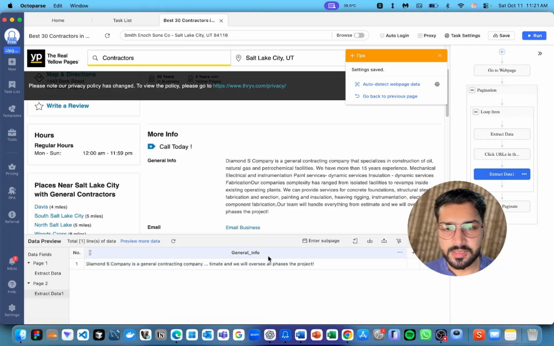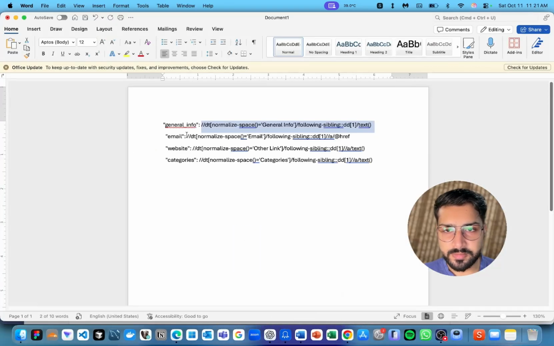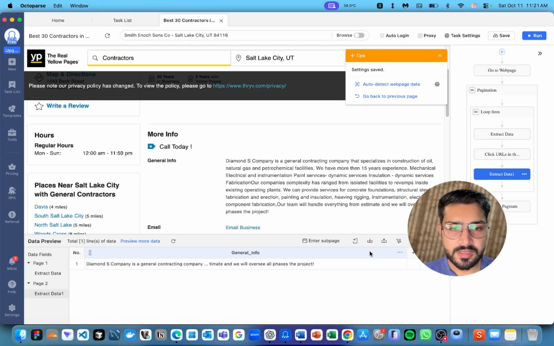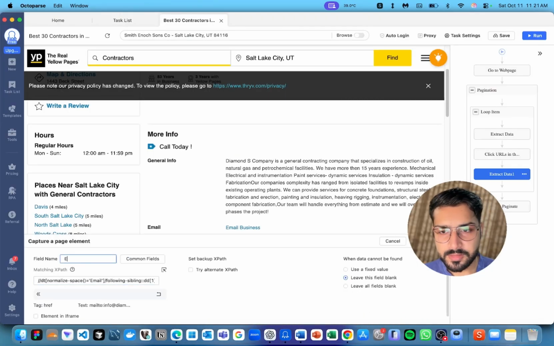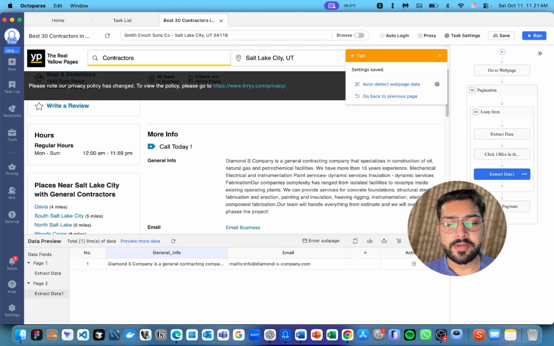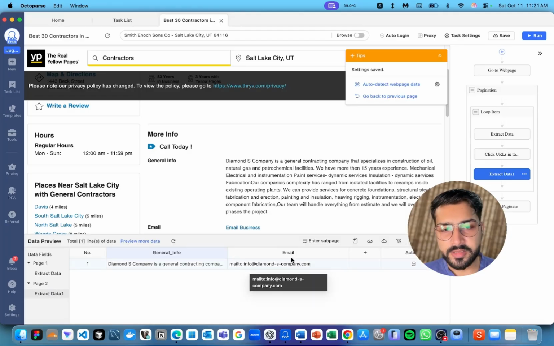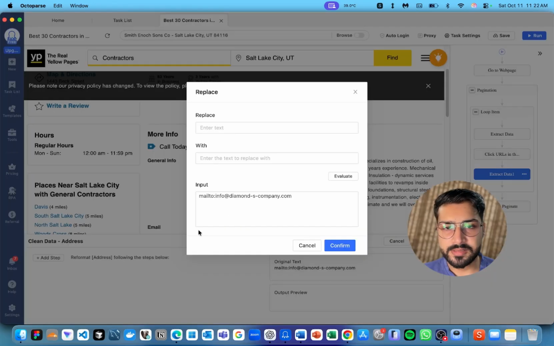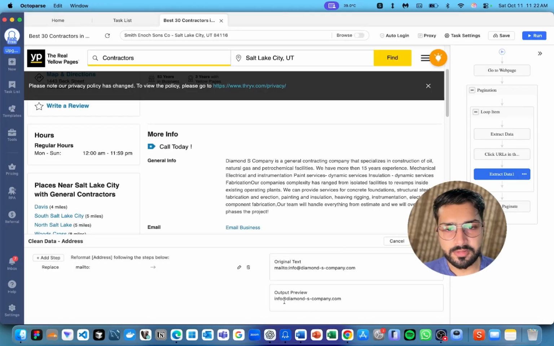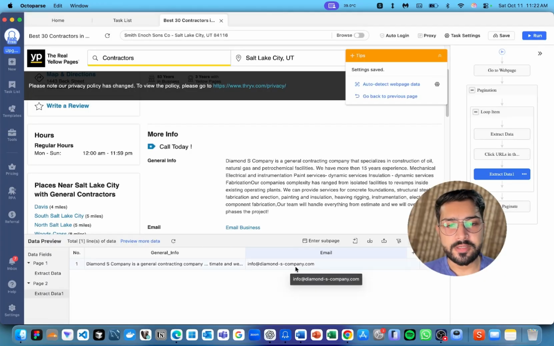You will see this has been grabbed by this XPath. Then we will do the rest. For email, we will click on this, take the full email part XPath, go ahead and capture data on the page, and name it email. Now you can see it's not formatted correctly, so we'll right click on it, clean the data and then add a step and replace. So we don't need this, so we'll replace it with nothing, so we will have the raw email in the output preview. If I click on apply, you can see